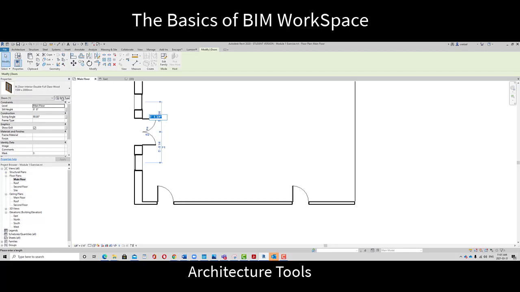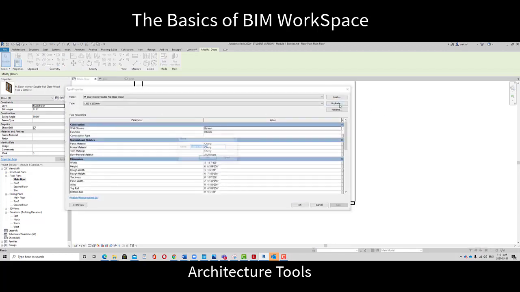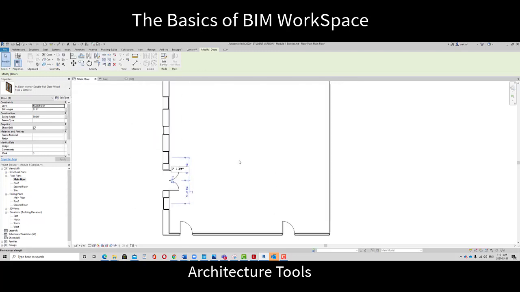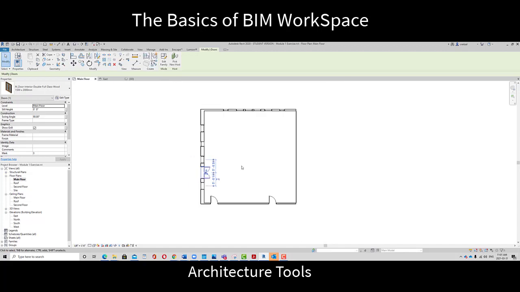Also, and finally, I could click edit type, duplicate the door, give it a name that I will remember, maybe with my name or something else that will help me to understand, and then I can change the actual finish of the door handle material, the finish of the door, and a variety of other sizes that you will find there as well. Super, super useful. And so adding doors is very, very easy in our model, and we can see that we have the start